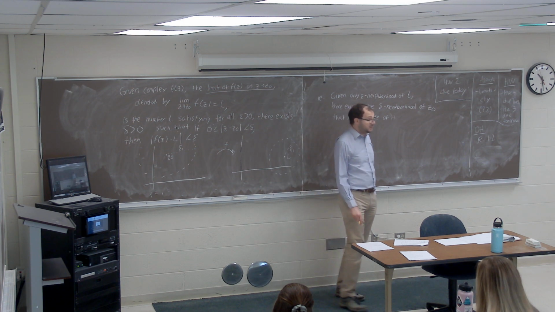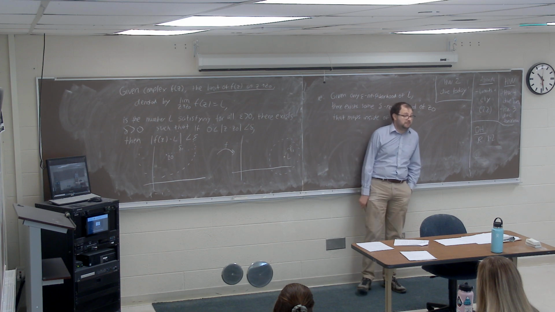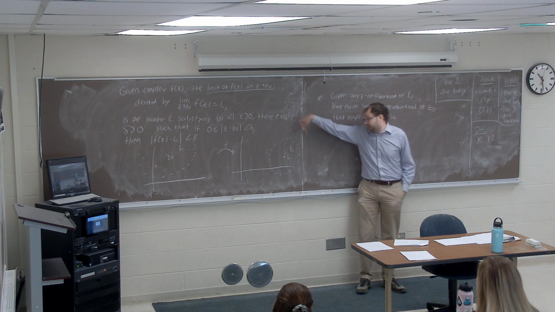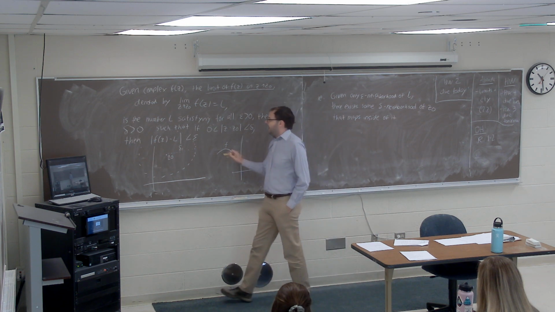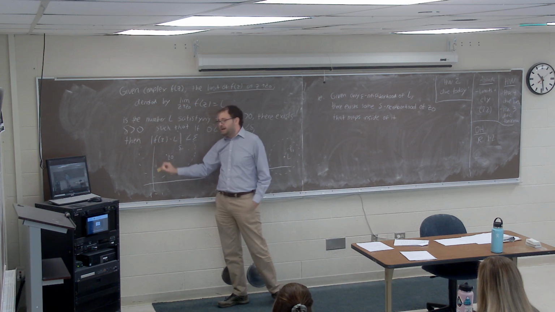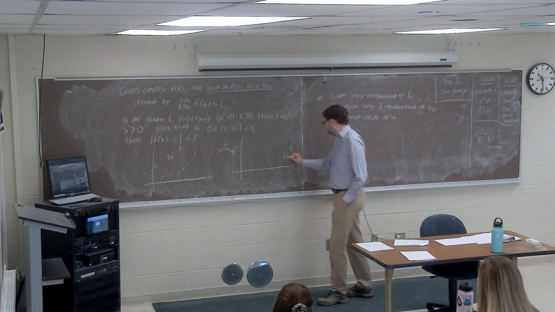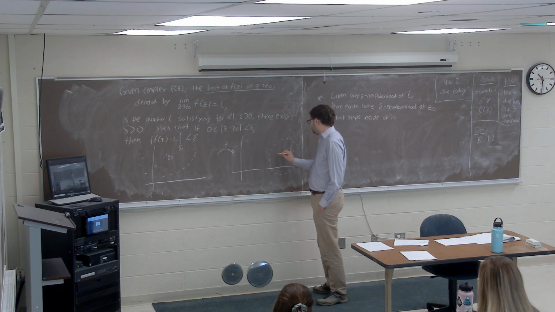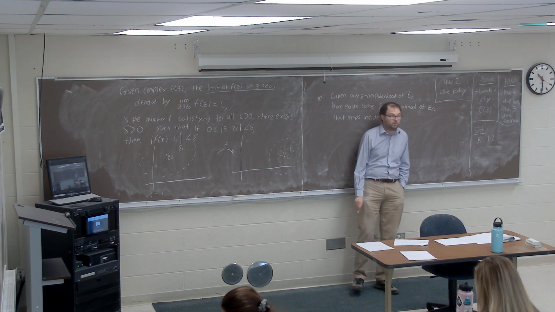Just like with sequence convergence, we have to be able to do this for any epsilon. So if I gave you this epsilon, this fairly large disk around L, you could probably have a fairly large disk around Z0 that's going to map inside of it. But if I had given you, say, some smaller epsilon, let's say some yellow epsilon 2 disk that's smaller than our epsilon 1 disk,